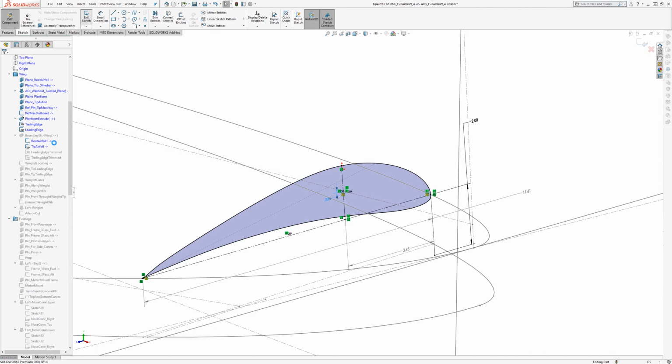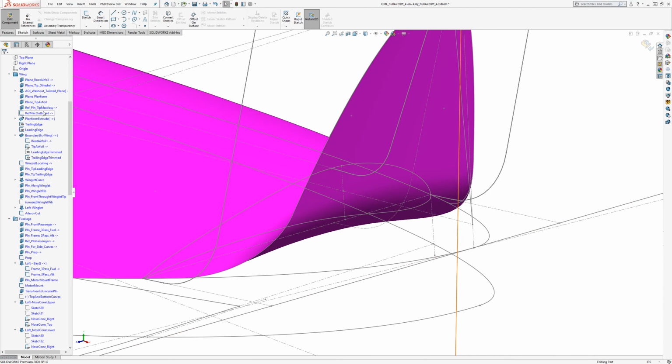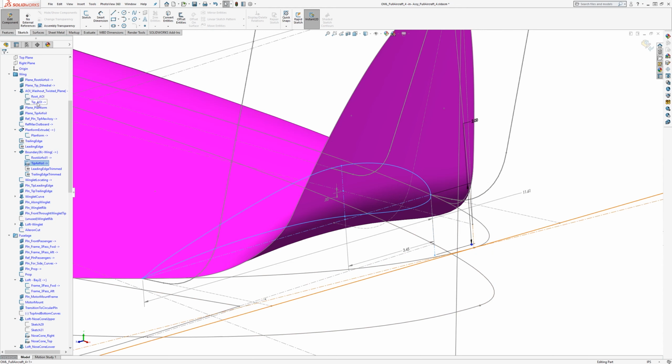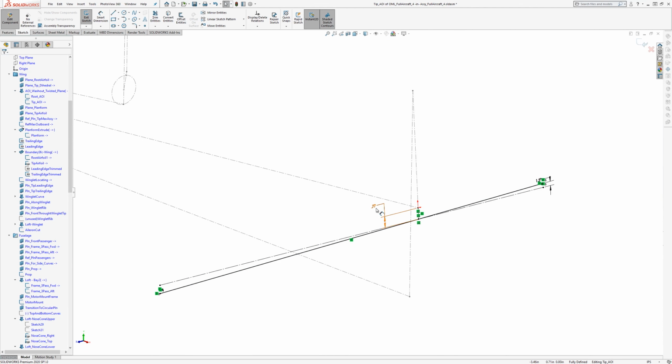So if we go and take a look at the tip airfoil, and then this one here, this 0.77, if this was different, let's say 0.3,